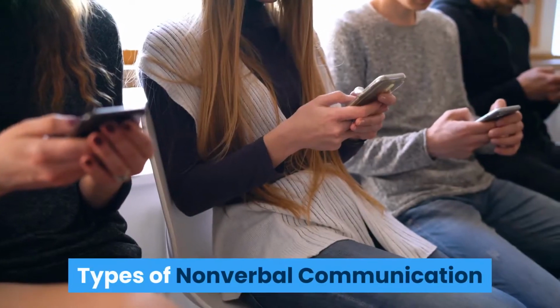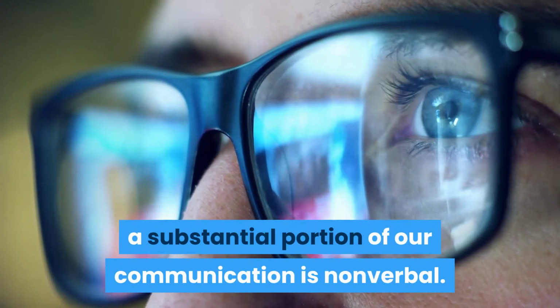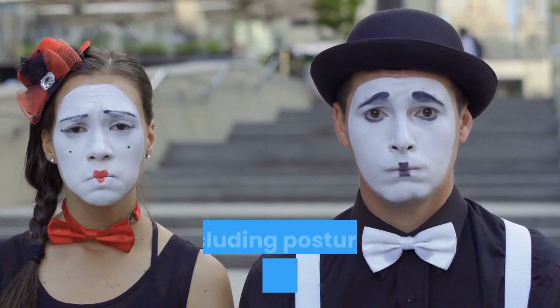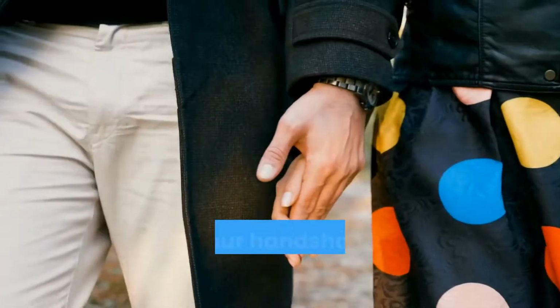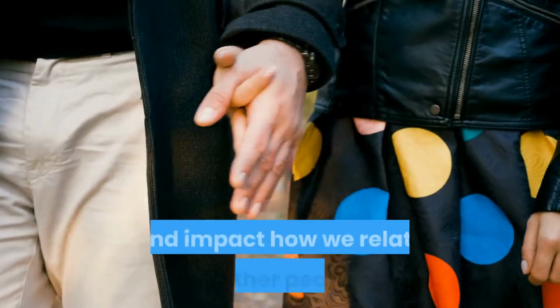Types of nonverbal communication. According to experts, a substantial portion of our communication is nonverbal. Every day we respond to thousands of nonverbal cues and behaviors, including postures, facial expressions, eye gaze, gestures, and tone of voice. From our handshakes to our hairstyles, nonverbal details reveal who we are and impact how we relate to